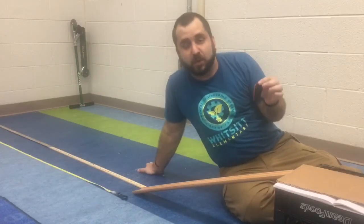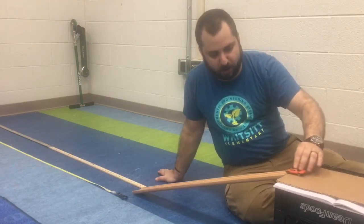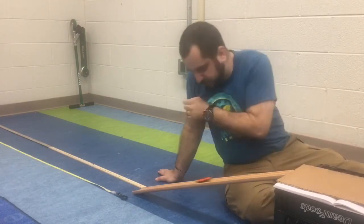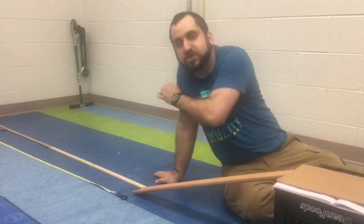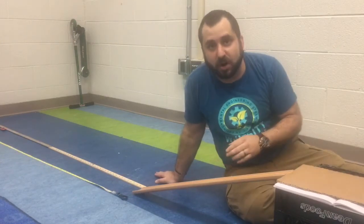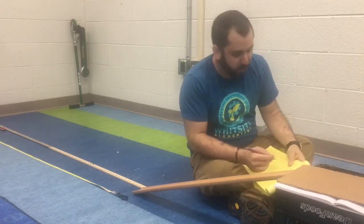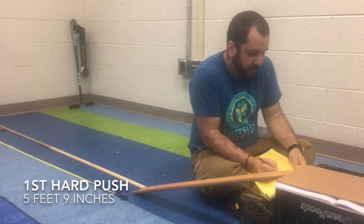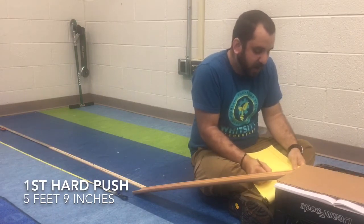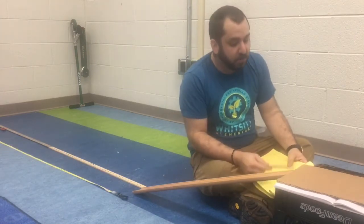All right. Okay, so this time we're going to try doing a hard push. So 1, 2, 3. Okay, so that time you could see I kind of pushed the car along as it was going. That was our hard push. Let me go check the measurement. Okay, so that third one, that hard push, it went, and I'm writing this down, hard push, 5 feet 9 inches. All right, that is an interesting pattern,